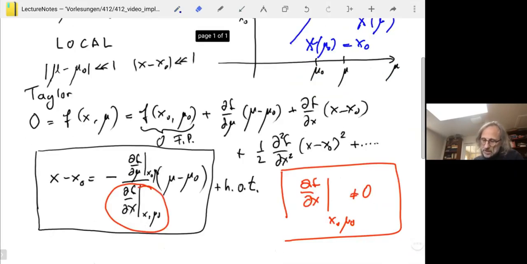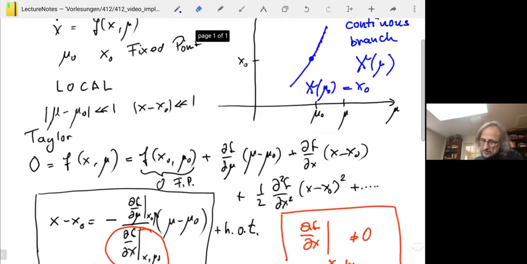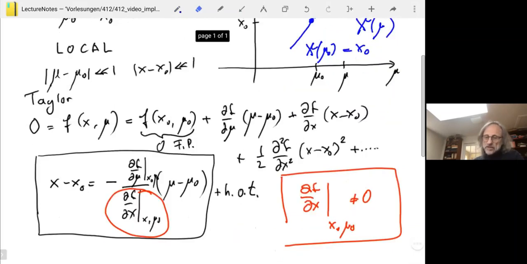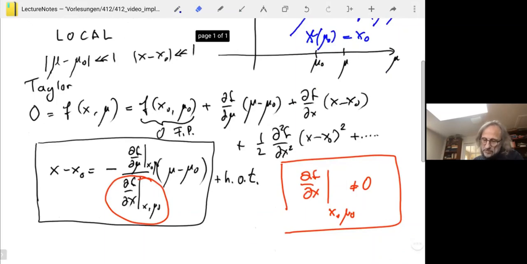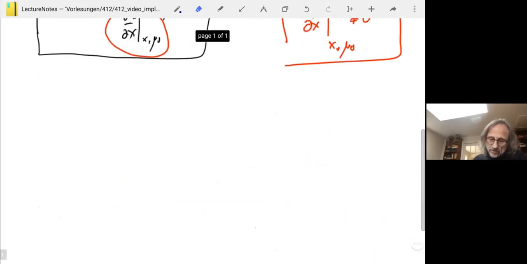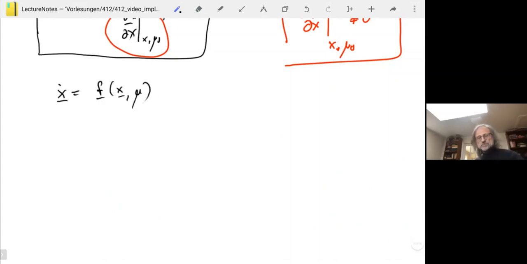Okay, very good. Before we ponder this a little bit further, let's just mention that you can do the same thing also in n dimensions. This is just more simple in one dimension. So let's just write it down if we have an n-dimensional system. Consider the situation that we have a differential equation x vector dot equals f of x and mu. So x is now an n-dimensional vector, and f also.